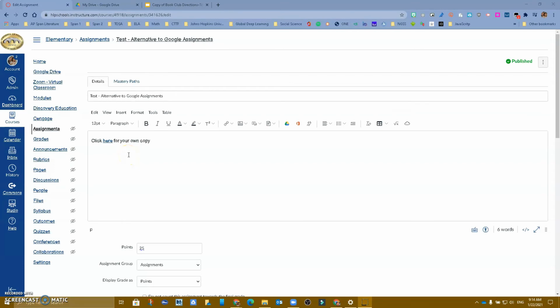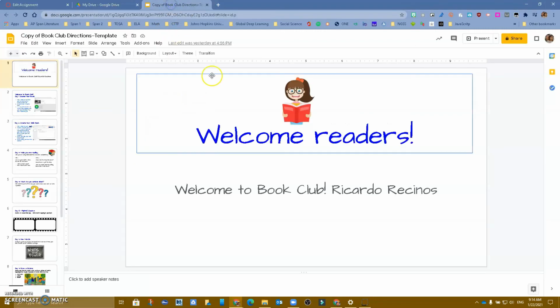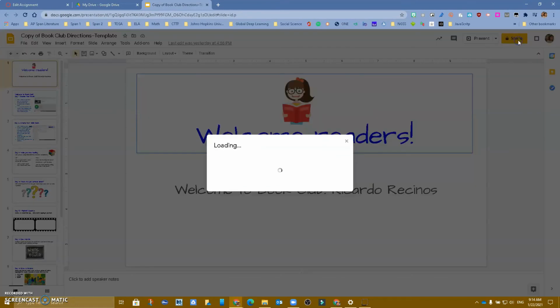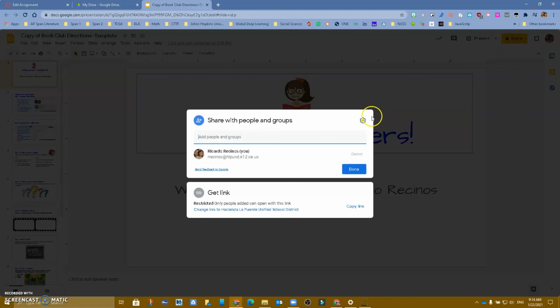In addition to having the students make their own copy, you also have the ability to let the student view the document before they make their copy. So basically, it's a template that they can see before they copy it. So to do that, what you would do is, again, our document, right? Share, right? Copy the link